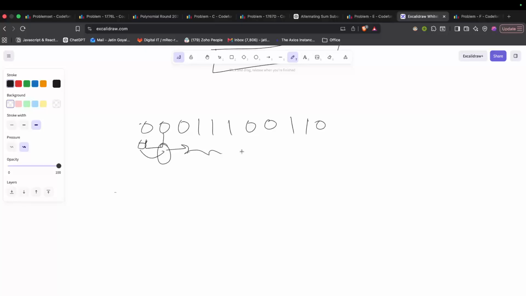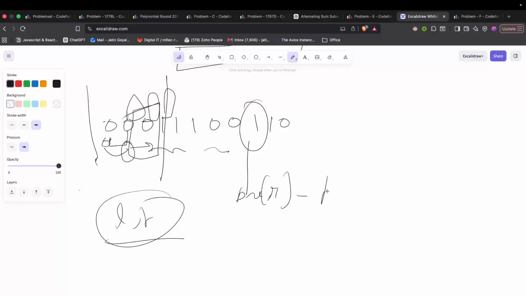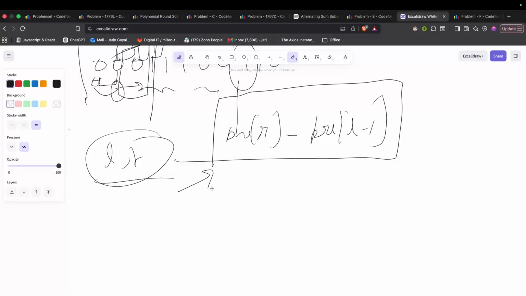Likewise we are doing this, and at every index we have written how many disturbed elements we have from the start until here. And to find the range L to R, we can subtract: pre R minus pre L minus 1,